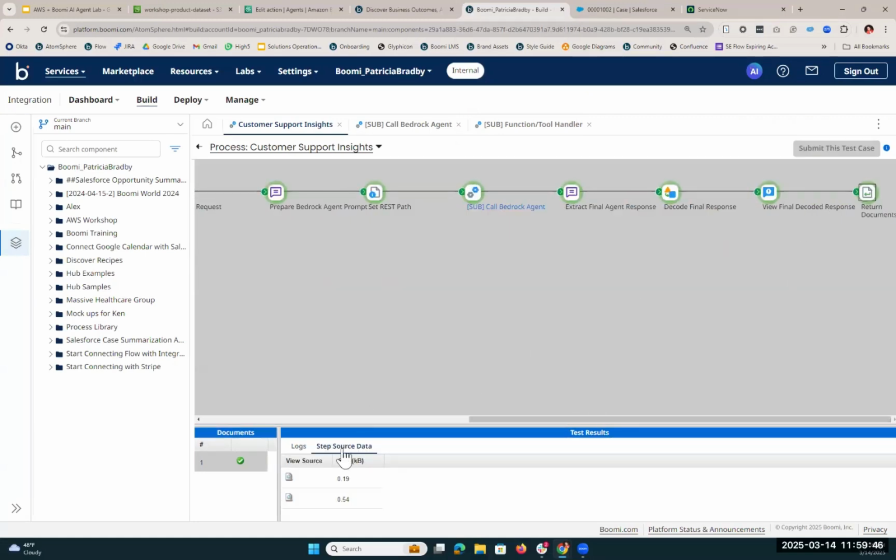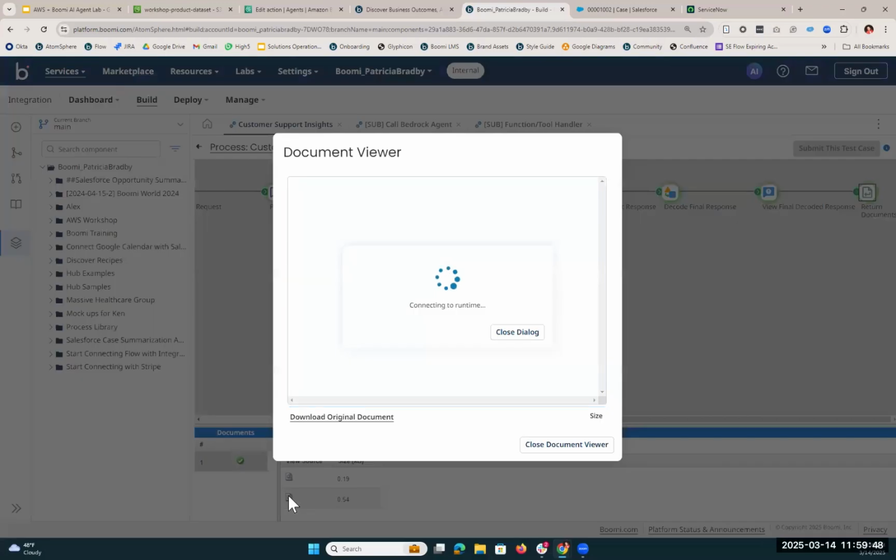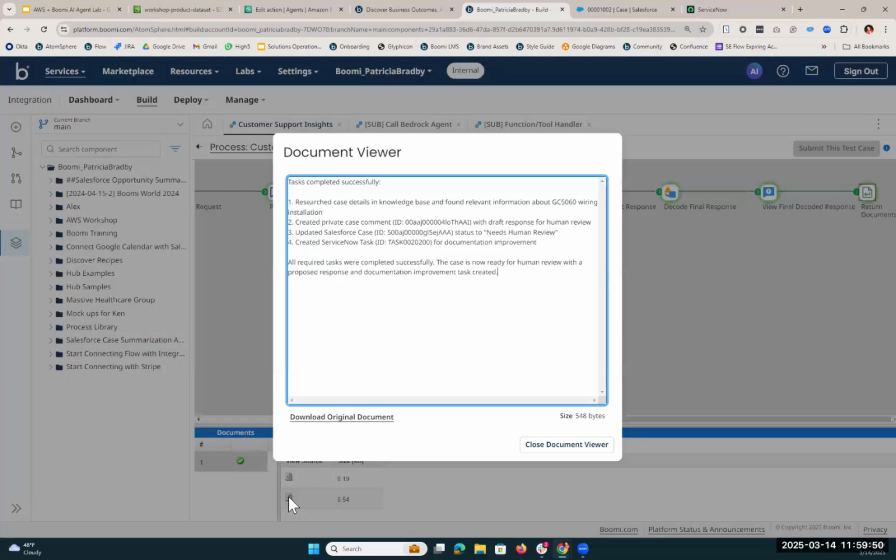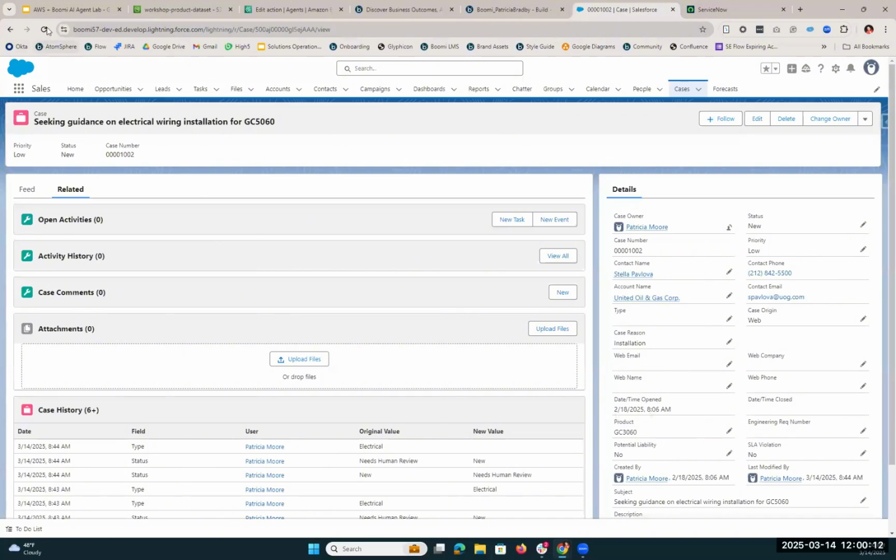So if we click into our return document shape and we look at the final response back from our agent, we'll see that this task has been completed successfully. So it researched the case details in our knowledge base and found relevant information. It created that private case comment and updated the case status to needs human review. And we also have a ServiceNow task ID. So if we hop back into Salesforce and refresh,